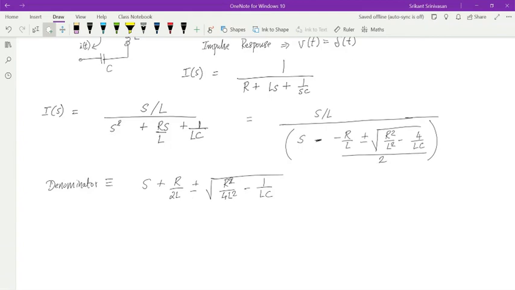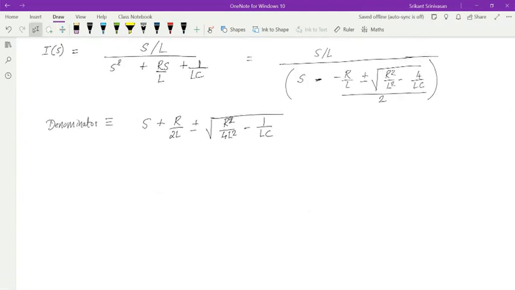I just found the roots and then I said that the denominator can now be written like this. One value is R by 2L plus all of this and the second value is R by 2L minus all of this. Okay. And to make life easy, let us put some representation. Let's say R over 2L is equal to alpha and let's write 1 over root LC as omega. Now you all know this term from your IC 160. This omega naught is the resonant frequency and you can see how it naturally comes out of this equation over here.